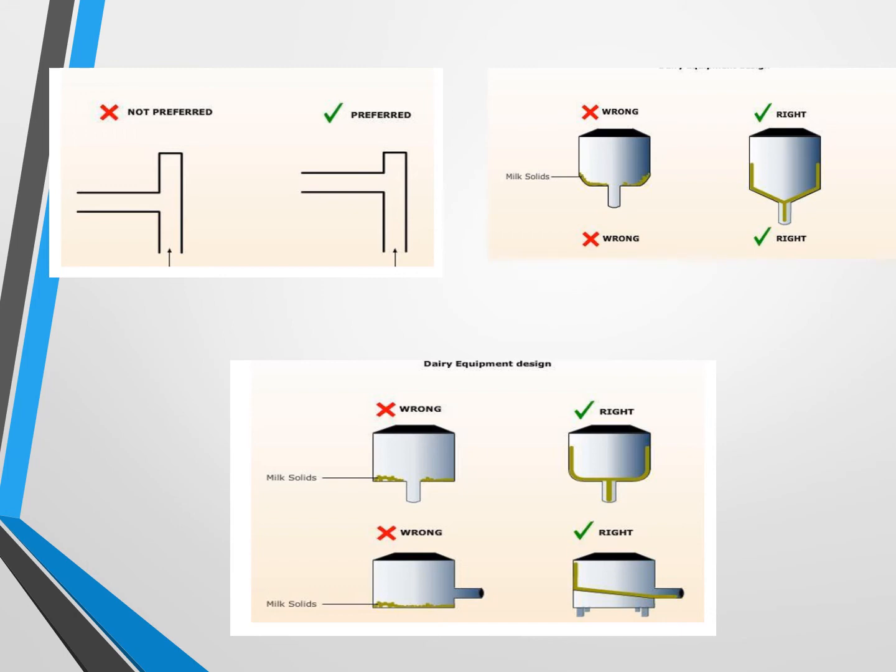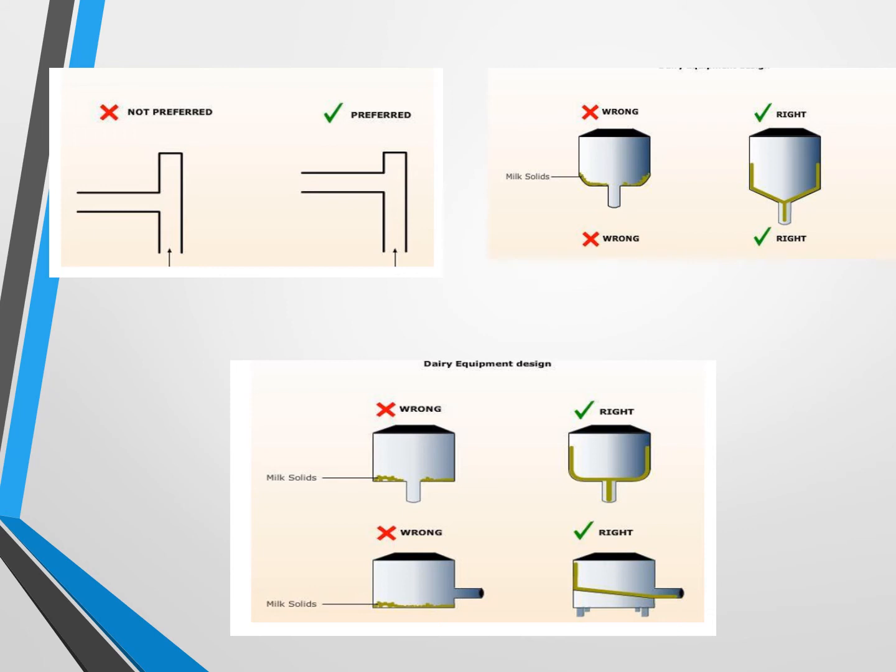In the next figure, left side and right side, there is a tank. In the wrong hygienic design, you can see that there are depositions. They are not self-draining. That deposition will grow into a bacterial colony and it will contaminate the product. While in the right hygienic design, you can see a self-draining slope towards the outlet. So when you open the outlet valve, all the liquid in the tank will automatically come out. There will be no stagnation of the product or liquid inside the tank.